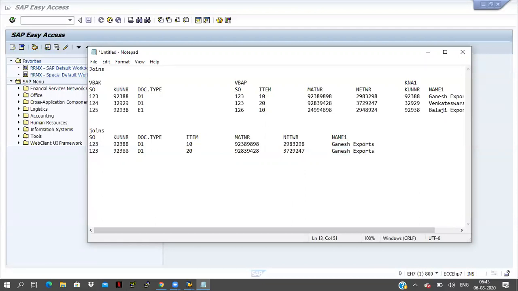Okay, the data will display in this format. How can we do this through joins? In ABAP, we have a lot of joins like inner join, left outer join, right outer join.